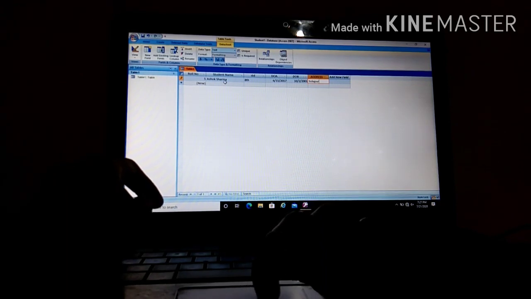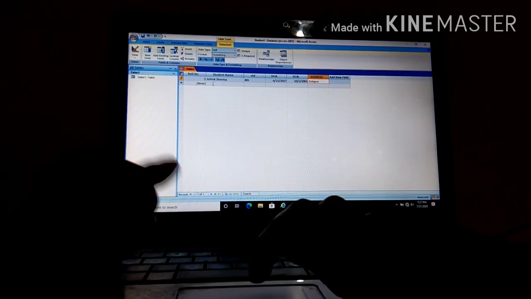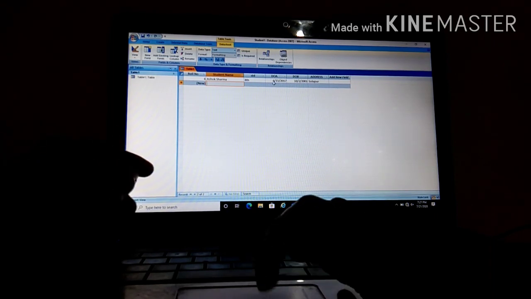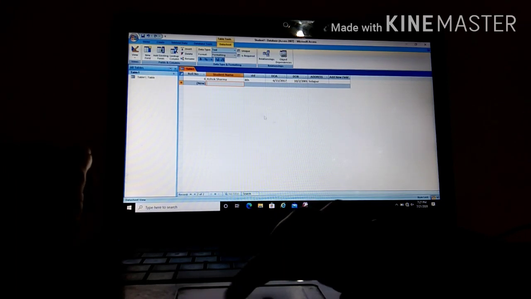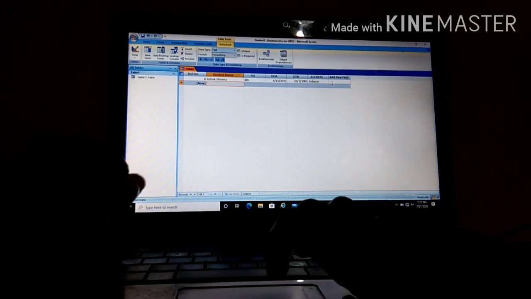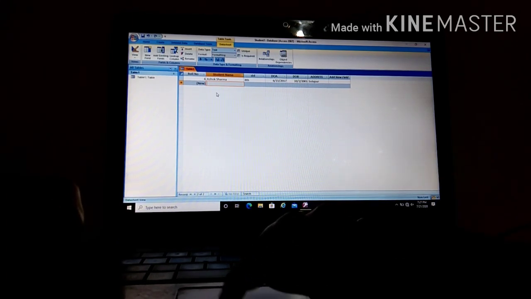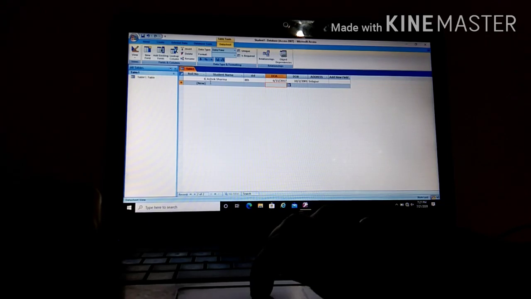Okay, again if you want to add something else, a new record, you just have to click and a new record can be added here. Did you get that? And when you enter the records like this, the view is called the data sheet view. Which view is called? It is the data sheet view, where you have created the table as well as entered the records. Did you understand that? There is one more method to create the table, which is using the design view. Before that we have to save this table.